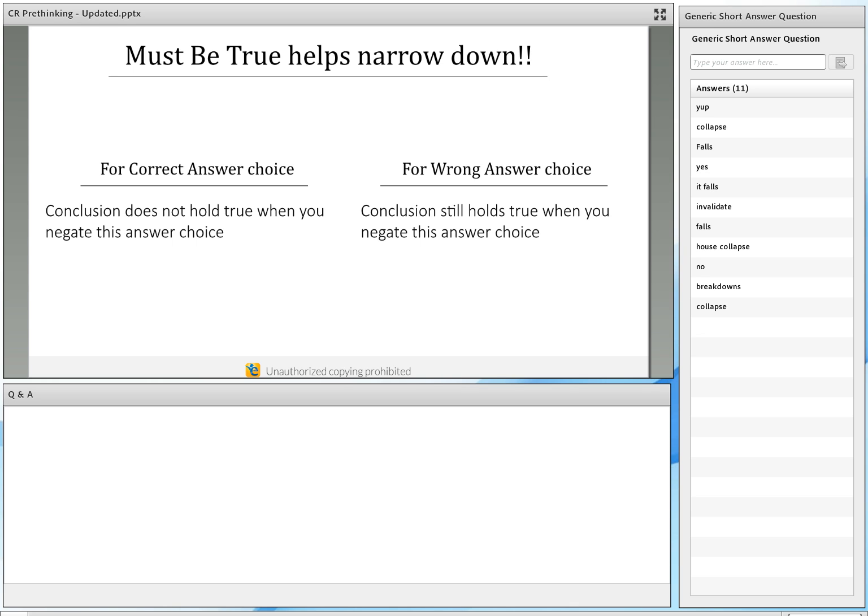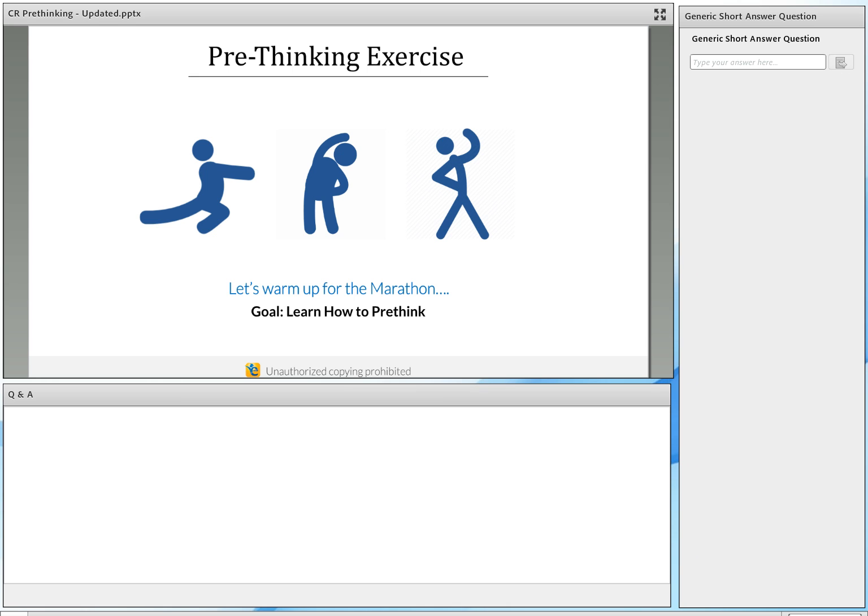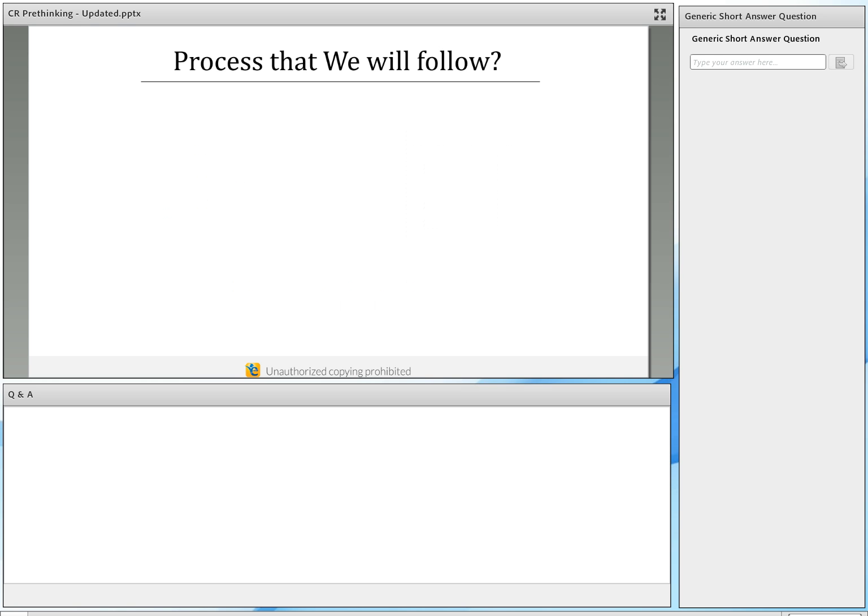But now what we have is a pre-thinking exercise. We did a simple argument right now, but what we're going to do next is a more sophisticated argument, a more GMAT-like argument. I'm going to just give you that argument, and I'm going to ask you to put in your pre-thinking. I'm going to give you actually not 2 minutes, but 3 minutes to do this so that you can do this really slowly. You can think through this.